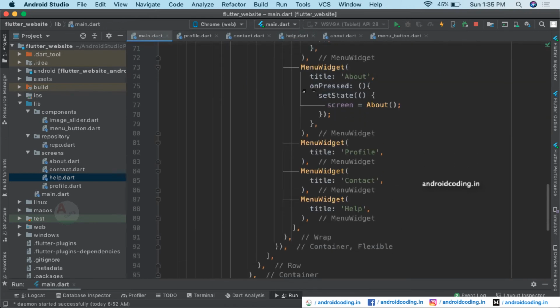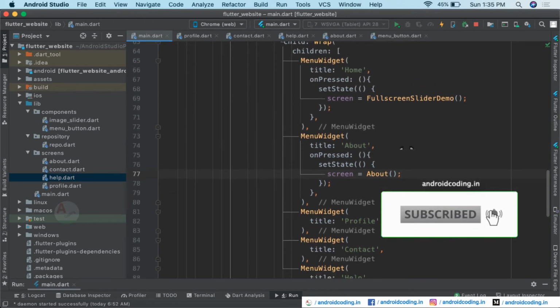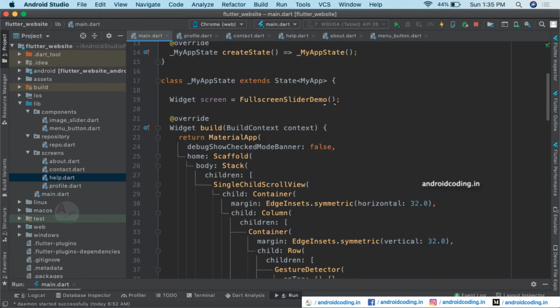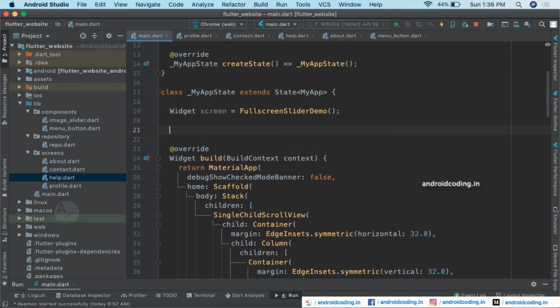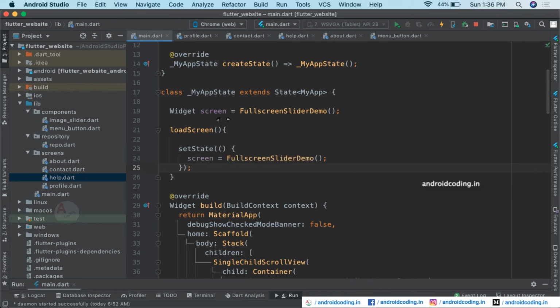So here, instead of making the set state every time, we can also create a method here. So cut it and load screen, and inside which we can pass the widget here.